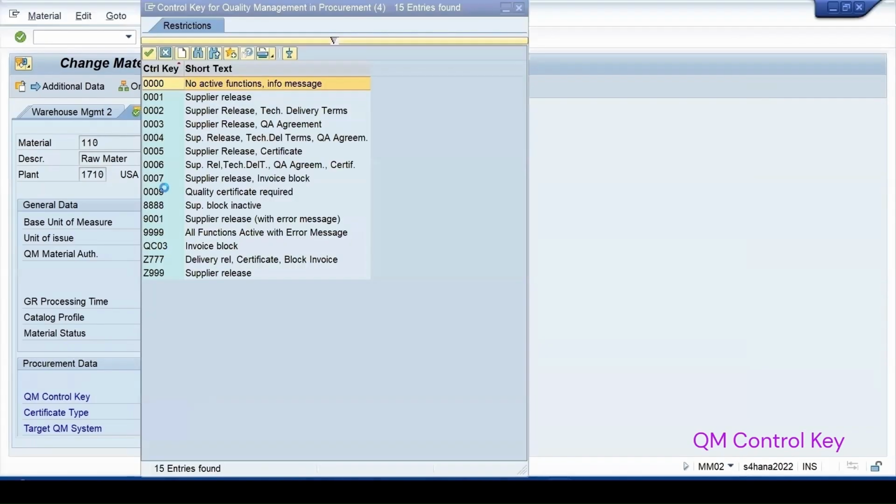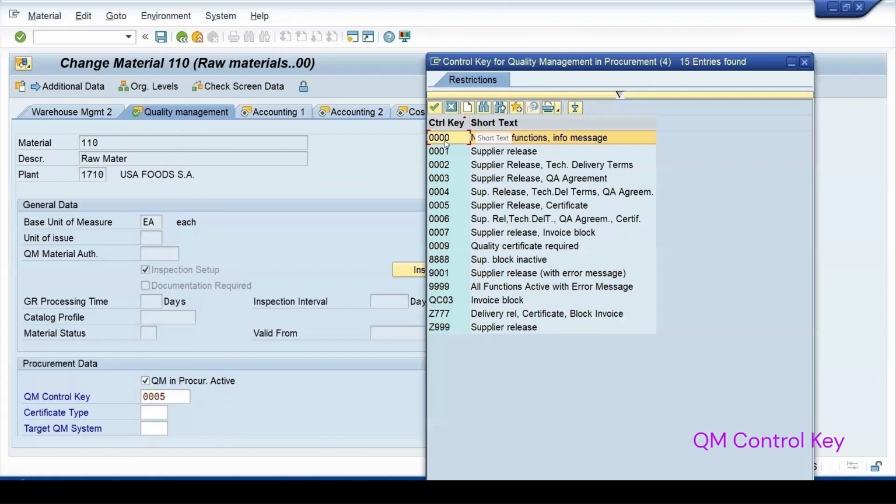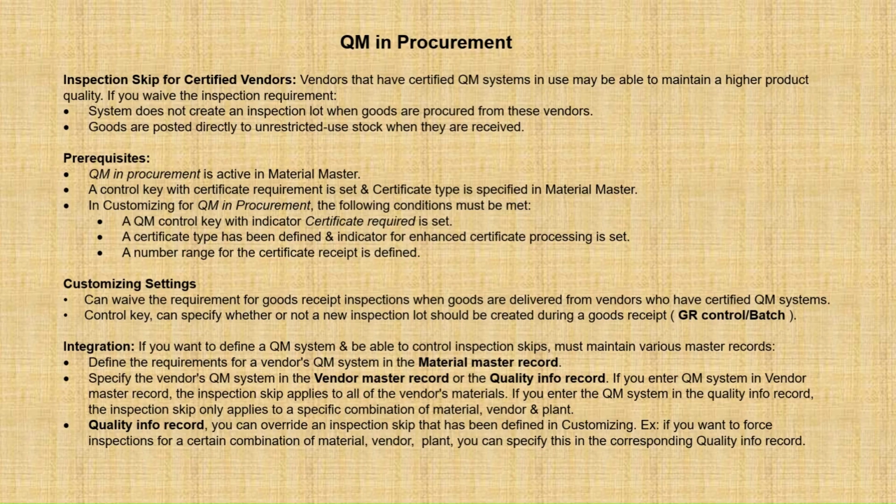If you don't want to maintain any control, I can select 0000 also, which means there is no extra control I want on the vendor. So no active function will be there. But if I want to control few things, then I will be selecting the appropriate control key for